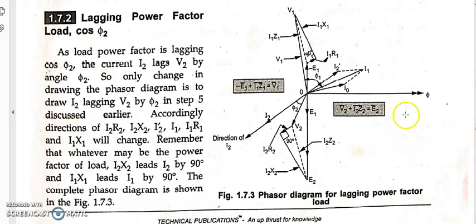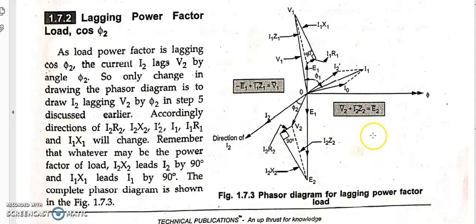V2 is equal to E2 minus I2Z2. True. And again, if I want to have E2 itself, it will be the summation of V2 plus I2Z2. Okay, so it is over here. Fine. Again, V2 is over here. So V2 is already done. E2 is already done. So what remains here is I2Z2, which we need to represent in the phasor diagram.